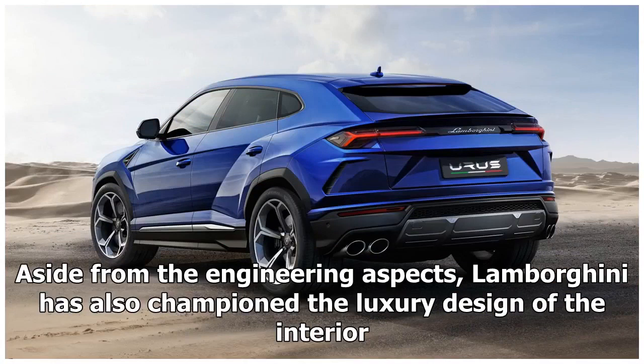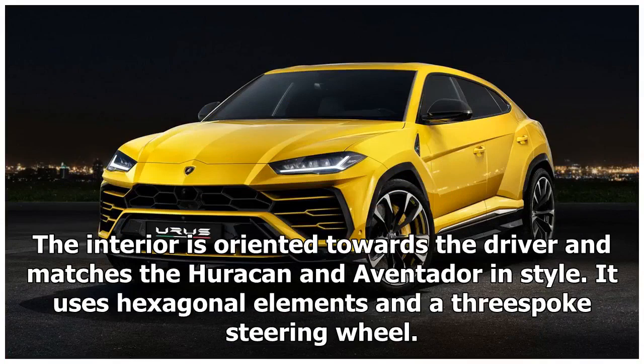Aside from the engineering aspects, Lamborghini has also championed the luxury design of the interior. The interior is oriented towards the driver and matches the Huracan and Aventador in style. It uses hexagonal